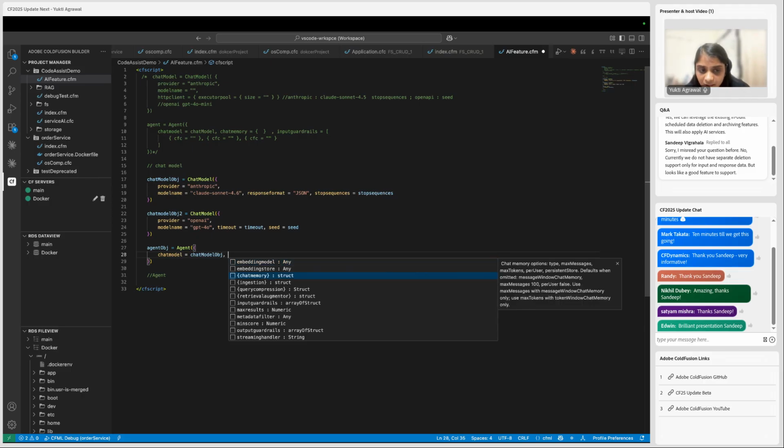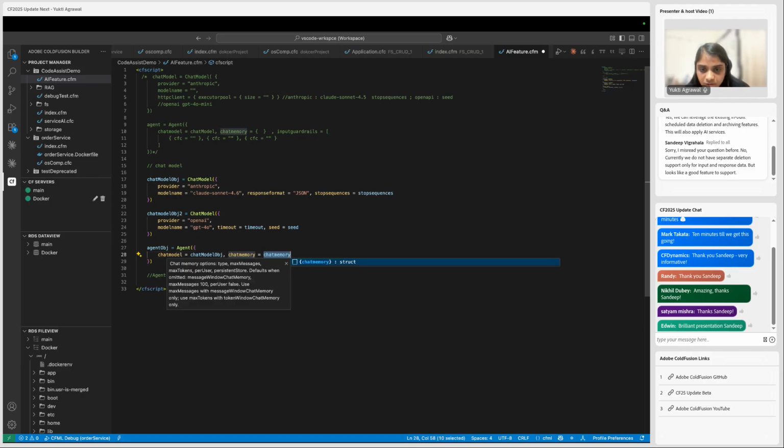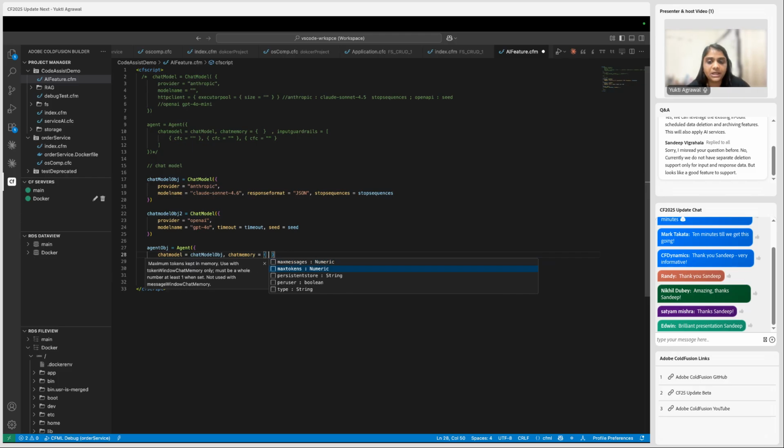Suppose if we select this chat memory, right, it is also of struct type. So here, since it is of struct type, we are getting further suggestion to populate it with the specified struct. So here for chat memory, it was a struct, but it did not have any required values. So it was not auto-populated, but we can select whatever is required by us, right? And similarly, we see